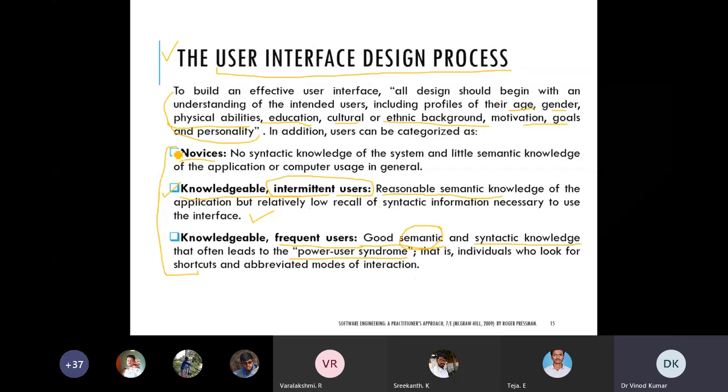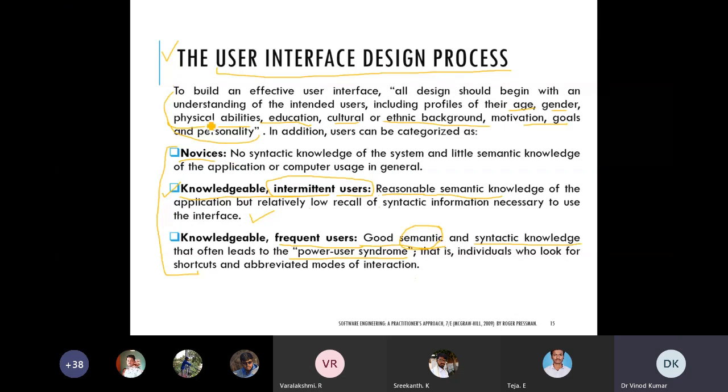So keep in mind, as I told you, whenever you are going to do the user interface design, you have to keep in mind the users. But remember that the designer often puts himself in place of the user and does the designing part.